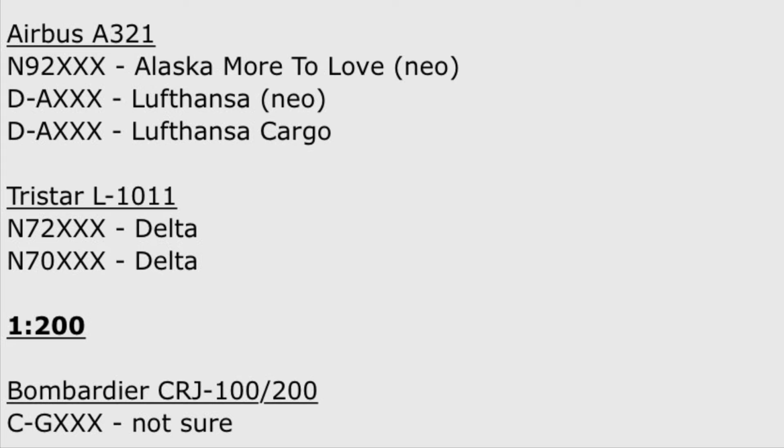I know there's a Lufthansa special livery for Pride Month that they revealed a few weeks ago, so it could possibly be that, but I think that's on an A320 Neo, so unfortunately I don't think that'll be done this month. And then the long-awaited return of the TriStars is to cap off the 1400 releases here,